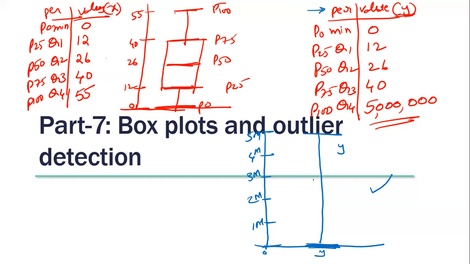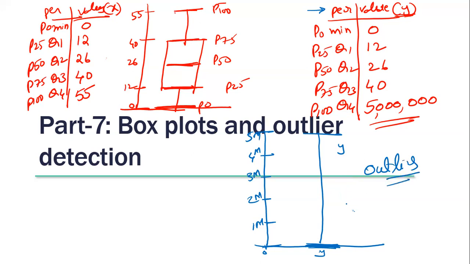But why is it like this? Why is the box plot like this? Why is it not well spread? Tell me, what is the reason? In this, we can clearly see. Is it the scaling issue that's why it's like this, or what is the real issue? Understand the real issue. Because of outliers. There are outliers.